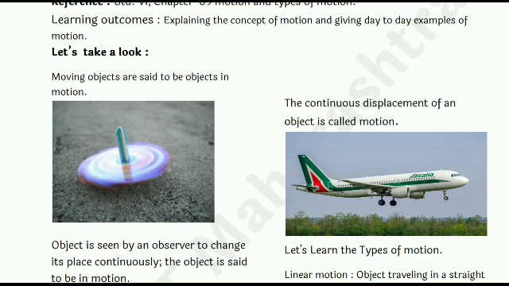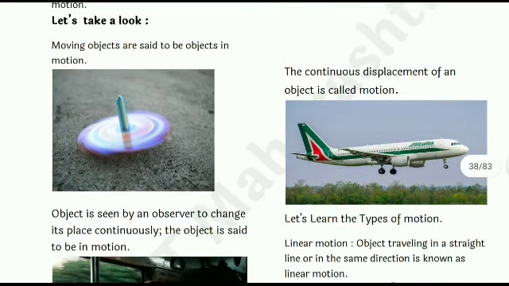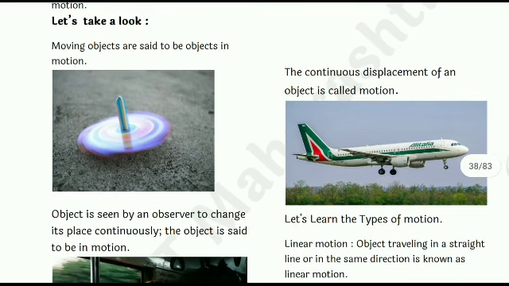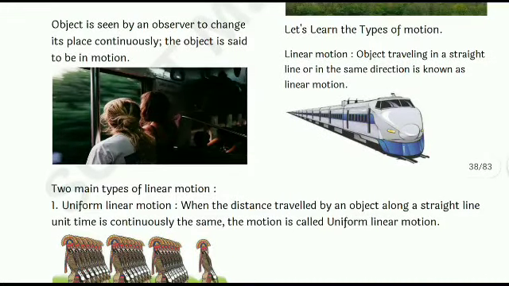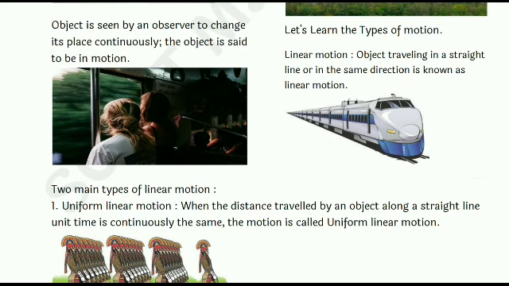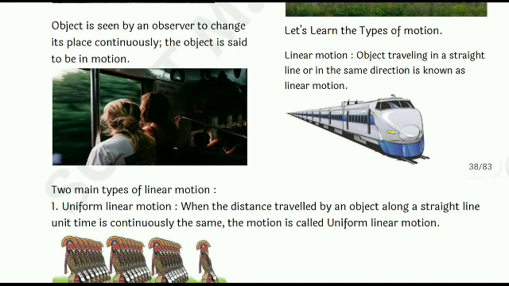Let's take a look. A moving object is said to be an object in motion. In our day-to-day life, we see objects moving; discuss the objects in the picture in motion. While waiting at a bus stop, other vehicles appear to be in motion. On the other hand, when you are in motion yourself, a still object appears to be moving. For example, the trees are seen to run backward while you are traveling in a train.